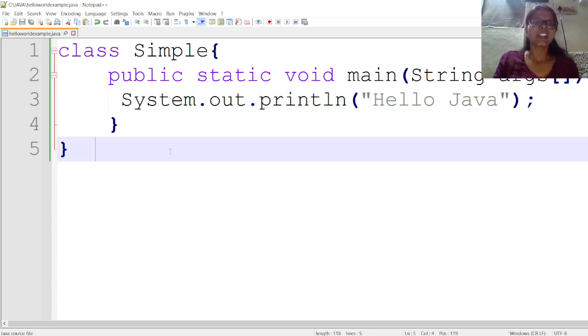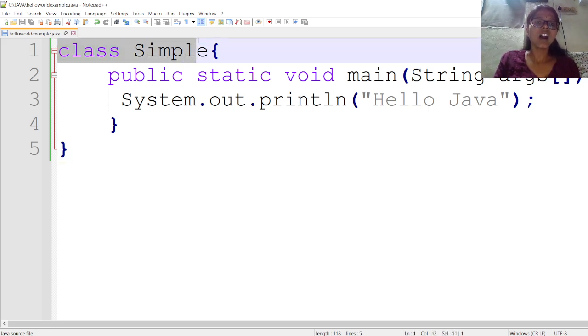So in the same way here we need to start always with class simple. How C starts with #include stdio.h, in the same way Java always starts with the class, and here what does simple mean? It is your class name. Let's understand the class as nothing but a classroom, and here the classroom name is simple. This is a program, and this program name is simple. It is like a title. Here you can give any name, and here the name is simple because it is a simple hello world program.